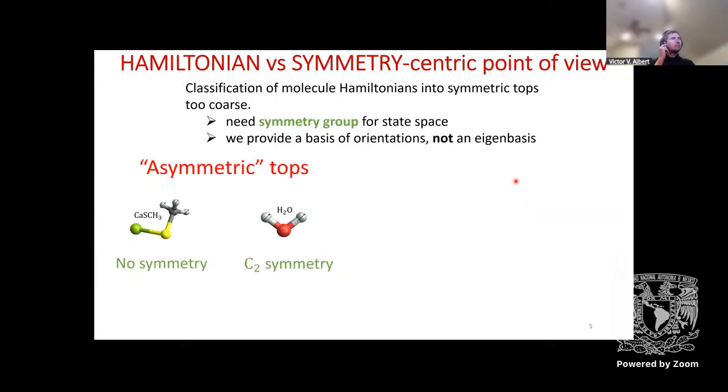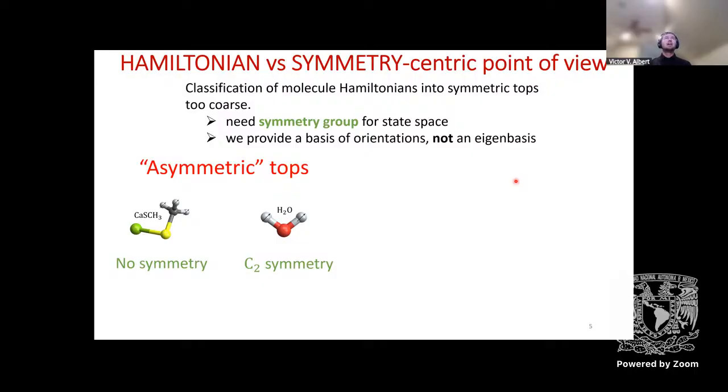So this is another clarification slide, in case anybody's familiar with this classification from chemistry into symmetric tops, asymmetric tops, and spherical tops. Can anybody raise their hand to see if they're familiar with this? Okay, all right. So maybe this is for those people, but there has been lots of classifications in chemistry,